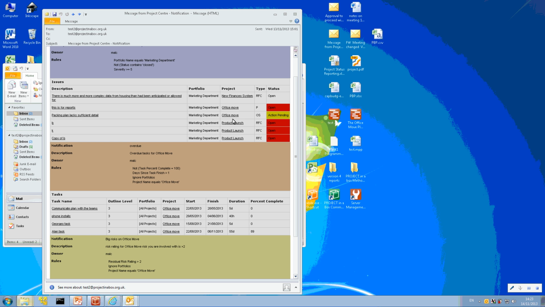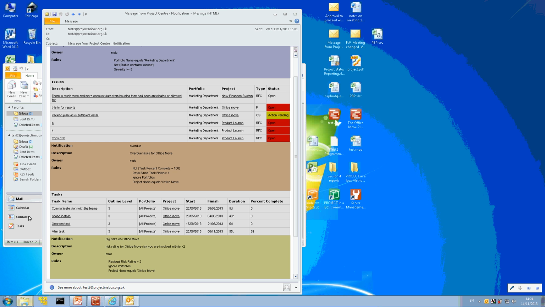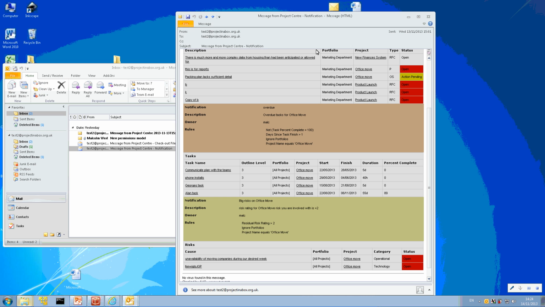If I instead wanted to go and look at the project itself, it would take me to the project home. Now I'm logged in this browser session, it remembers that for me, so one-time login. And of course I can see the same things for tasks and for risks as well. And once I'm here, of course, I can go off and do further things. So that's a very common way of keeping people in touch. Because our emails are available to us usually via the internet connection from our tablet or smartphone, I can then use exactly the same connection again to get back to my server and see that latest